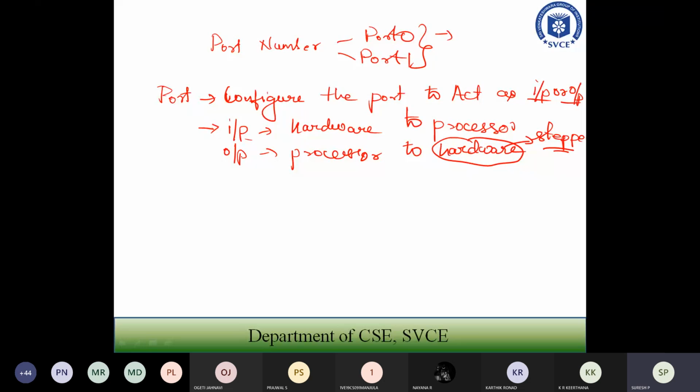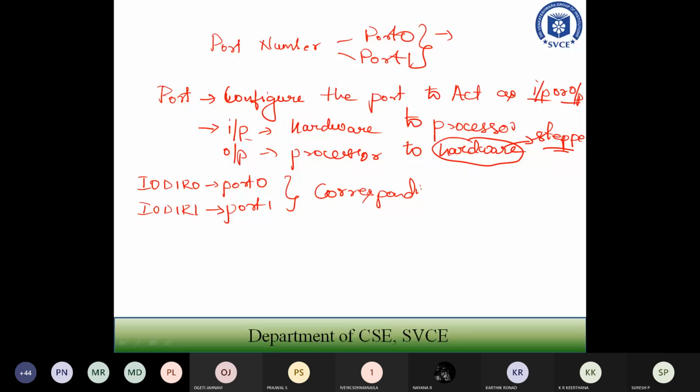The IO direction register tells you that IO direction 0 is for port 0 and IO direction 1 is for port 1. It is for the corresponding port to be configured as input or output.